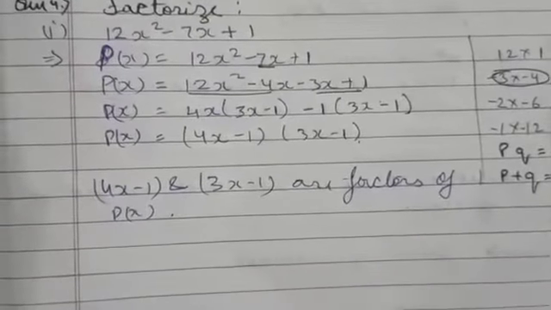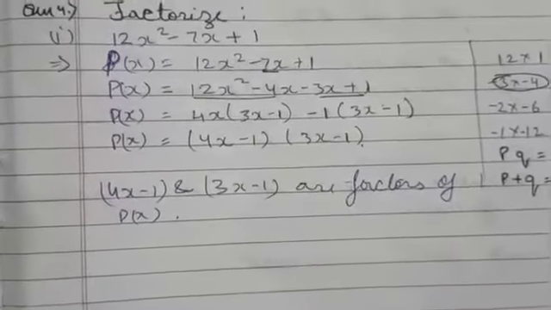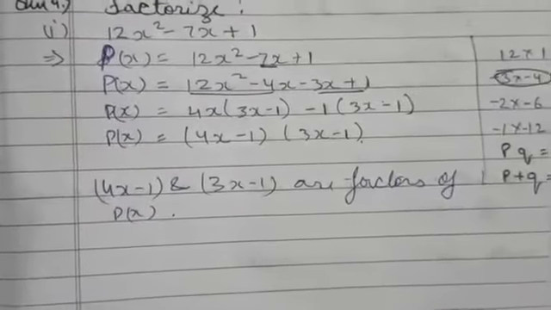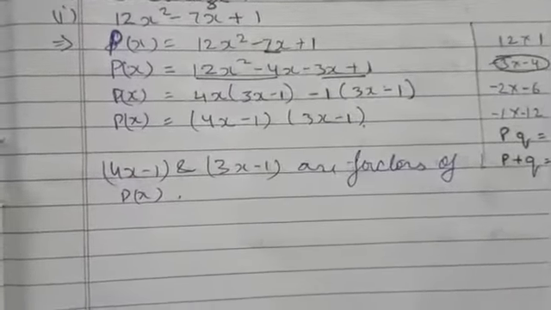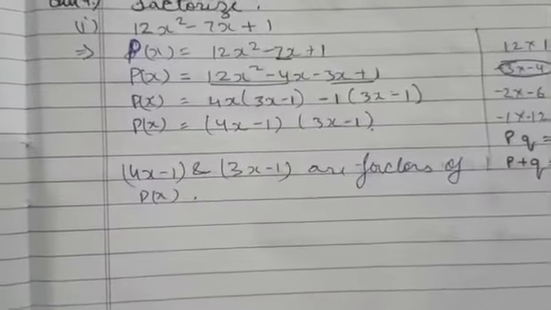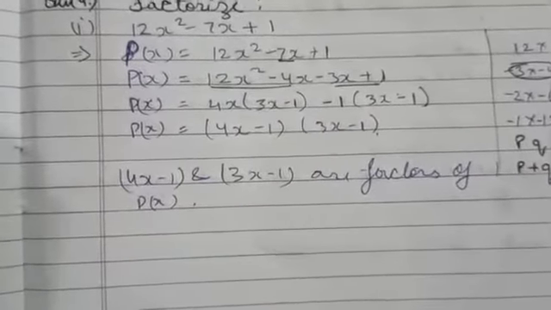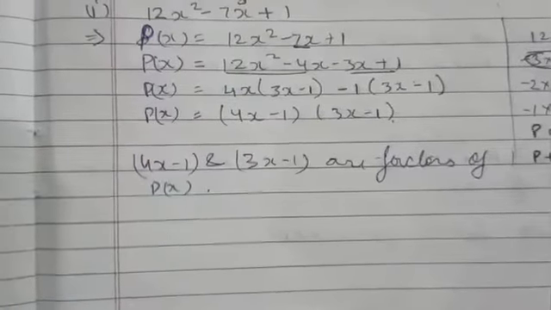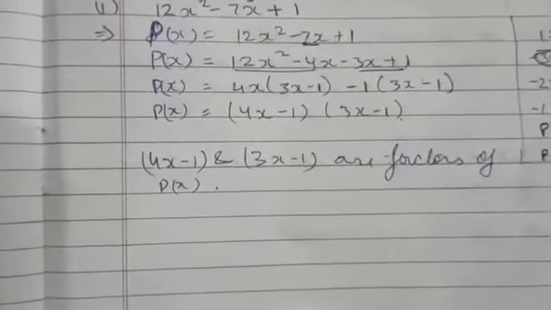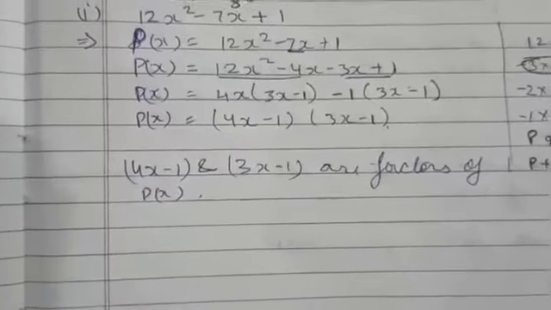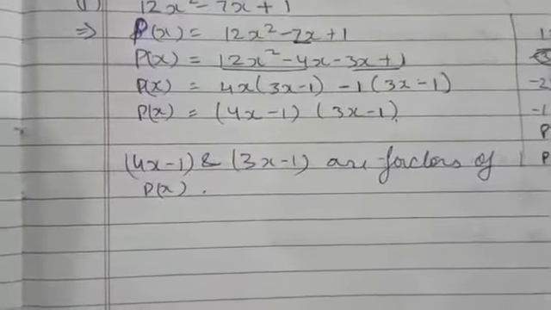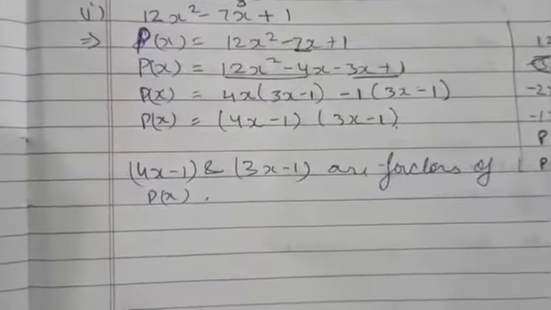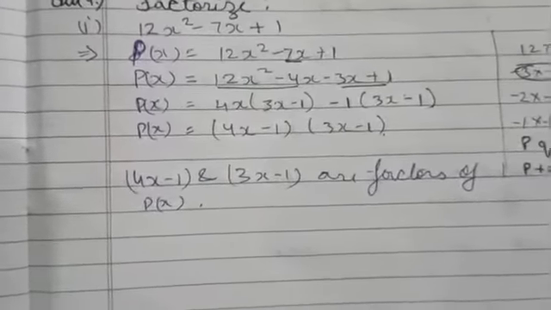Because factorization using the factor theorem takes a lot of time, and the procedure is very long. We have to check a number of factors, putting x equals to this factor and that factor, many more factors you have to put in place of x, and you have to get the value of the polynomial 0. And that number will only give the factor at which the polynomial is becoming 0. So better to solve this question using splitting the middle term.